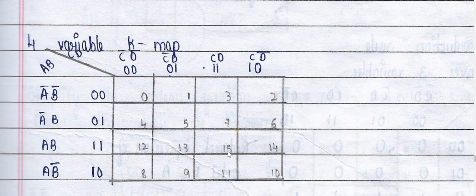In SOP we are using min terms. What is the definition of a min term? A min term is the product of all the literals. In SOP we are using min terms, and here we need to represent each min term. The outside numbers on the left side and top you have to write with pen, and the inside numbers you have to write with pencil in small size at the bottom right corner.